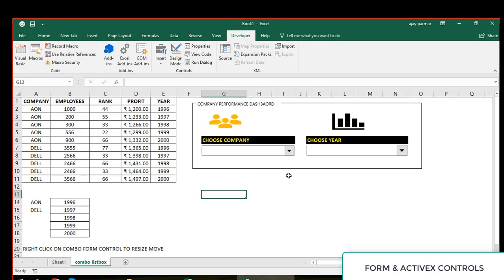Now the main thing comes, let's quickly insert the companies here. I have Aon and Dell here. Now let's say I add one more company, maybe ABC for example, and create the ABC as well. So now guys, what we will do is I will right click here. Okay, right click here. Now when you right click here, what you need to do,